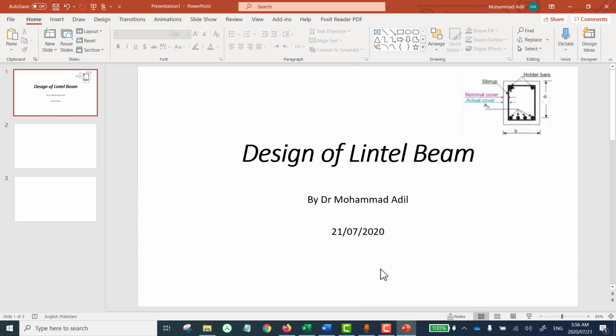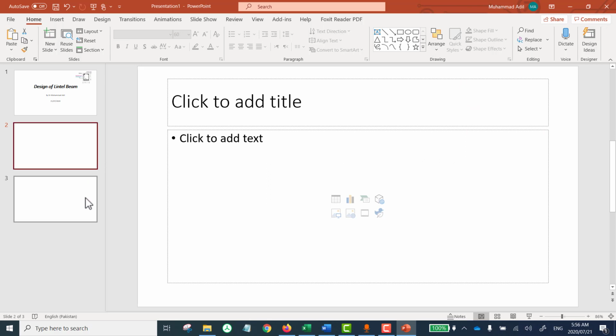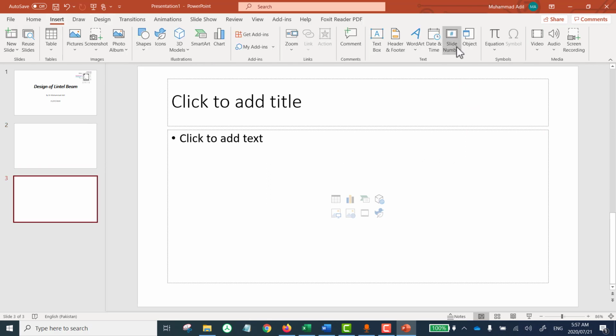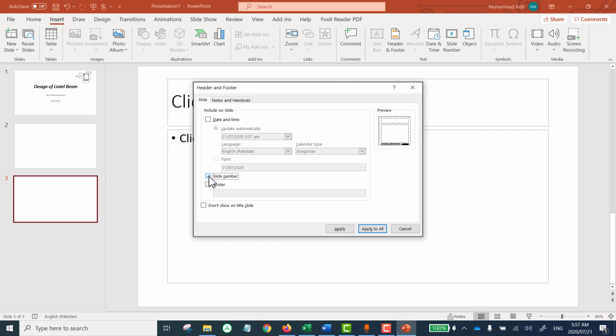Now you will notice there is no page number neither on the first nor on the second or third slide. You can go to insert slide number and select slide number, and it will show you where it will appear. If you want date and time to appear at the bottom, you can do that. And if you want a specific text to be always available at the bottom, you can write that as well. For example, for now I'll say